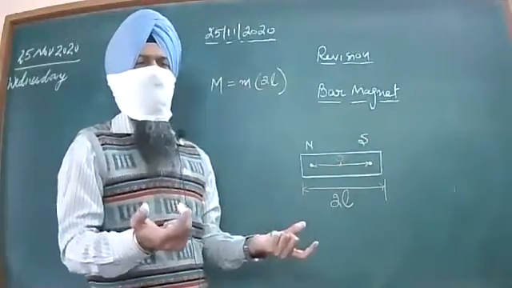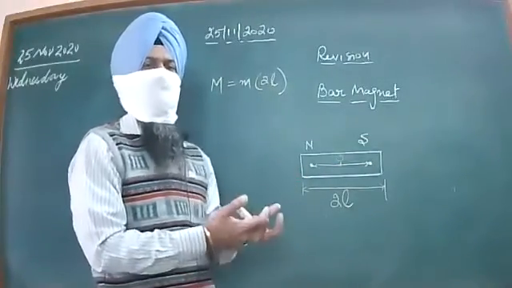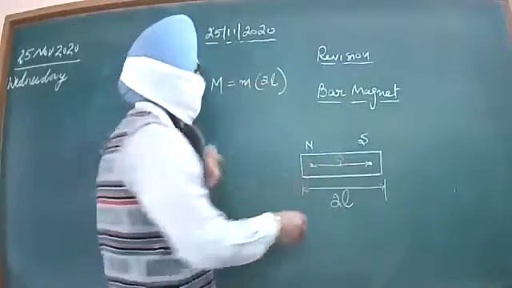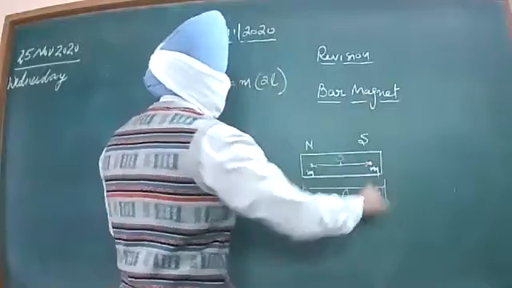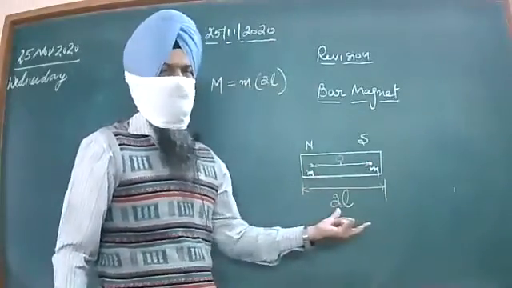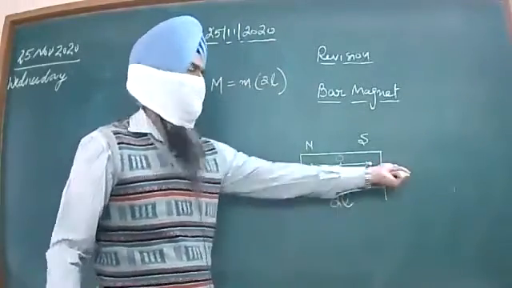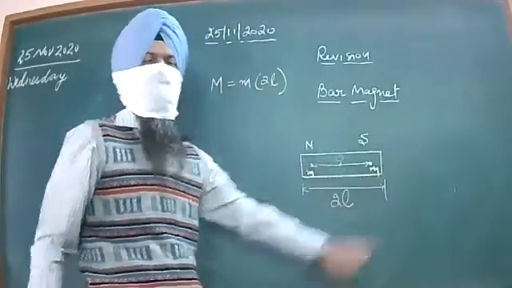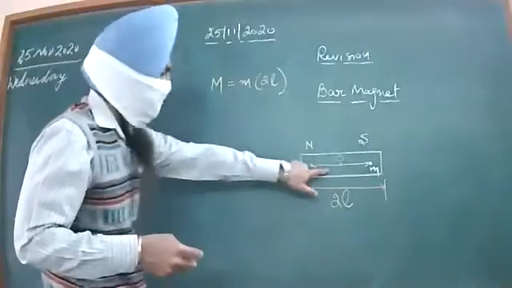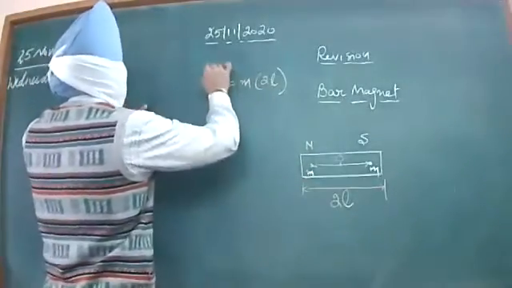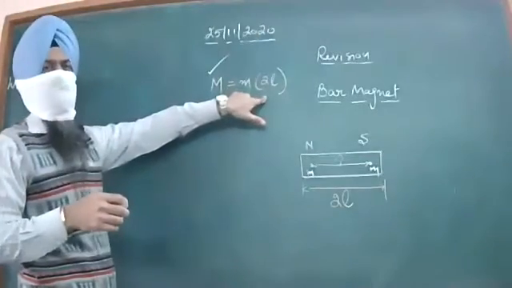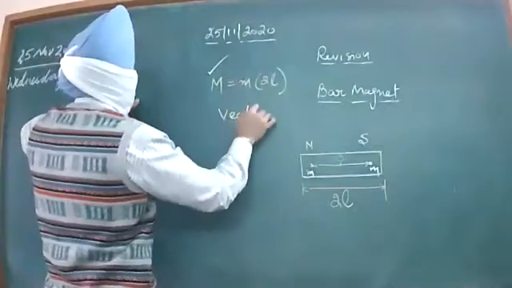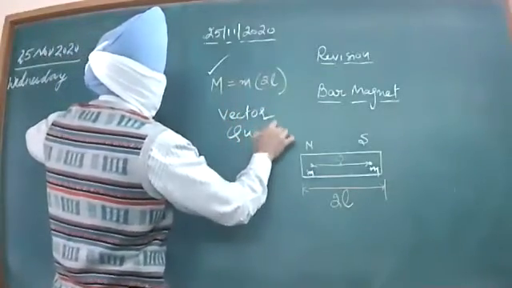It is exactly equal to Coulomb's law in electrostatics, where we were taking the case of two charges. Here, in place of the two charges, we are taking into account the two poles with pole strength M and M. Because this is a single magnet, the pole strength is expected to be the same. And if I place some other magnet near this magnet, then the pole strength will be totally different from the pole strength of this particular bar magnet. So in this case, magnetic dipole moment is equal to the magnetic pole strength into magnetic length. Dear children, this is a vector quantity. It is not scalar.